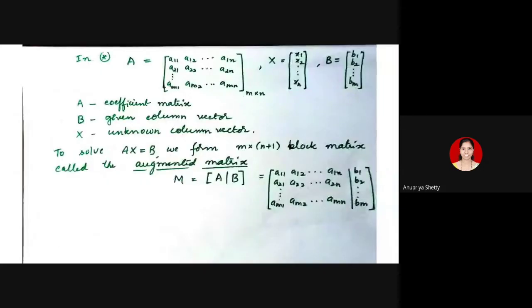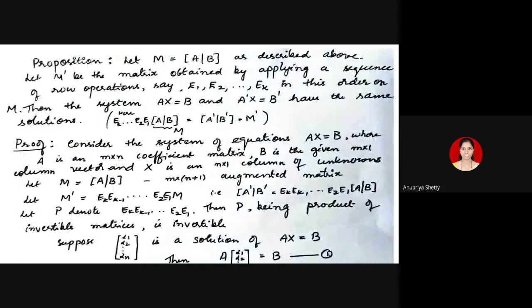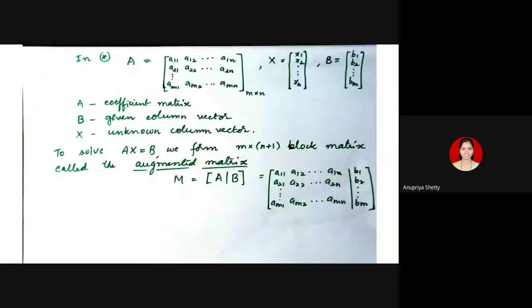So as I said, we will be multiplying by, if required, say 10 elementary matrices on the left side. If we have performed 10 elementary row operations, then multiplying by E1, E2, etc., E10 on the left side is equivalent to multiplying A and B separately on the left by elementary matrices. After multiplying A and B by E1, E2, etc., E10, you'll get two new blocks. I'll call them A dash and B dash. What we'll prove in the next proposition is that solving the system Ax equal to B and solving the new system are equivalent. What is the new system?